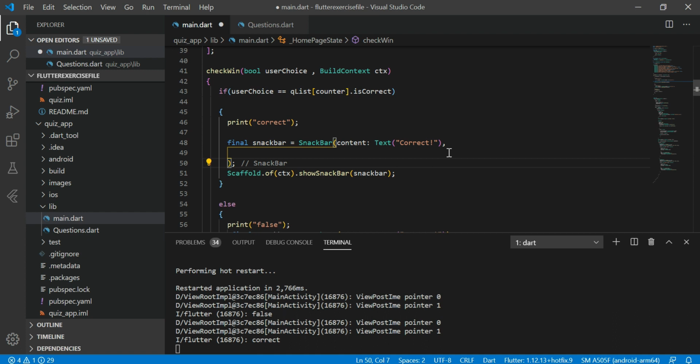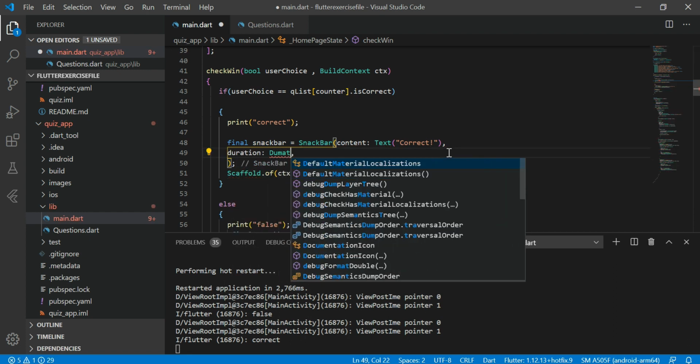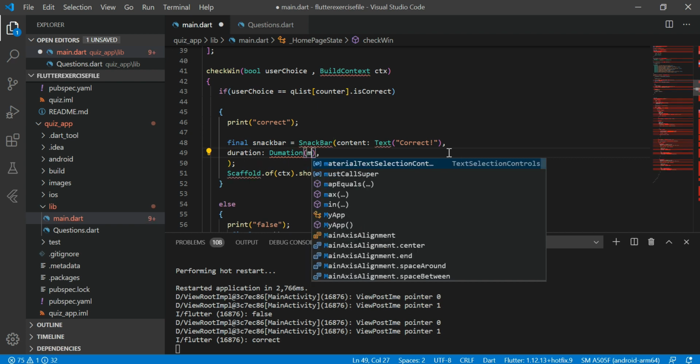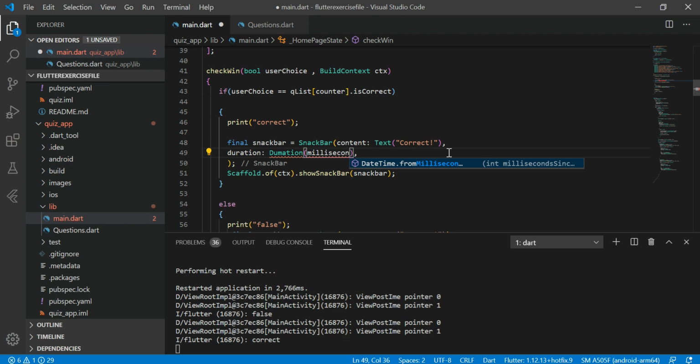Now let's add a color and a duration also. Let's give a duration to this snack bar and a background color as well.